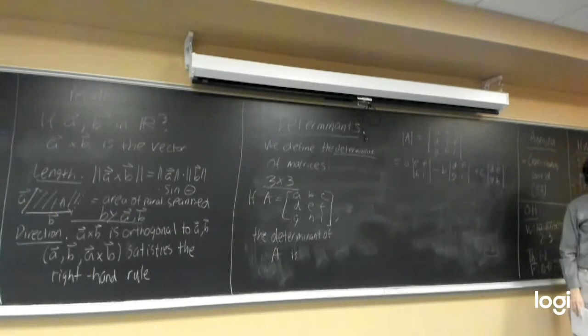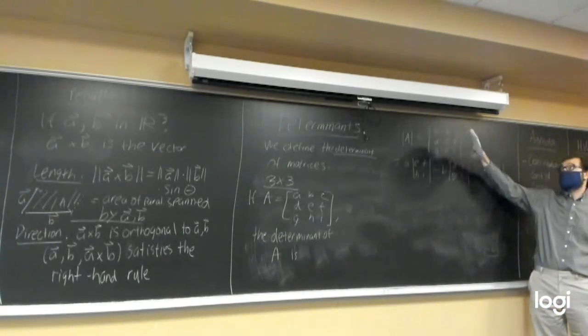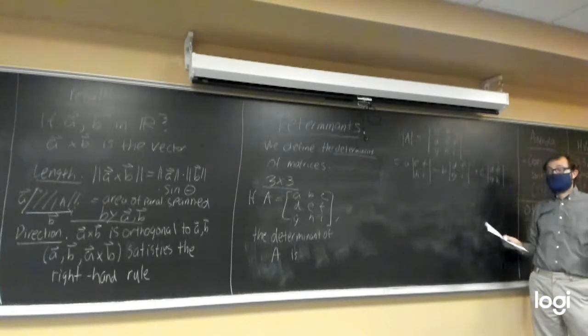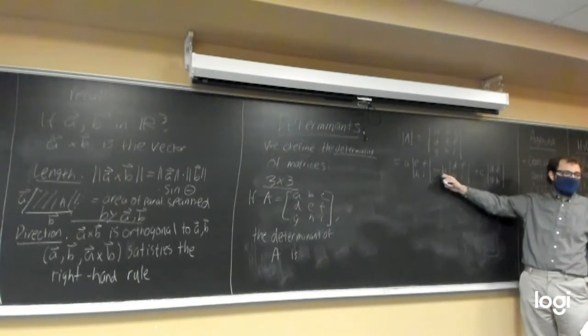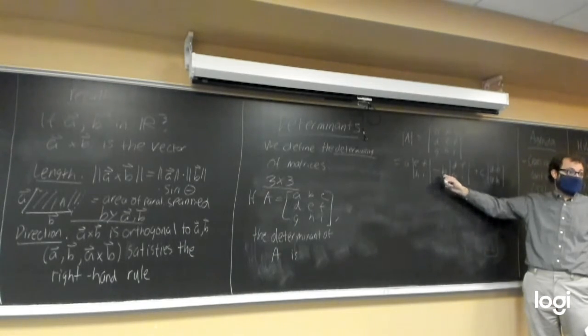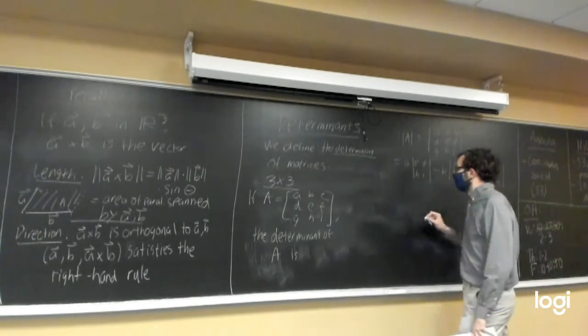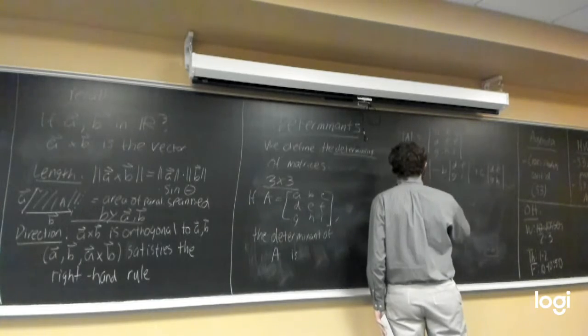We basically work our way around the top row, saying entry in top row times determinant of 2 by 2 matrix we would get if we remove the row and column of that entry, needing to remember to subtract off the b here. And we'll talk about why we need to subtract the b off in standard 5. Which, if we evaluate this out, we'll get A times EI minus FH